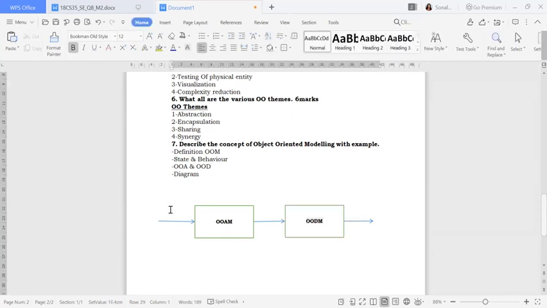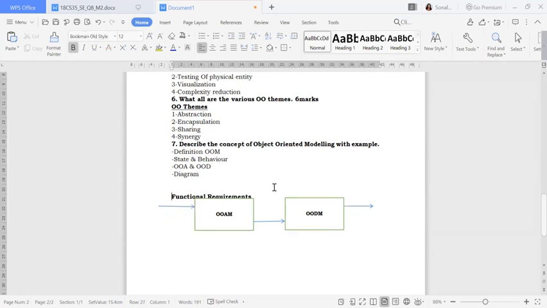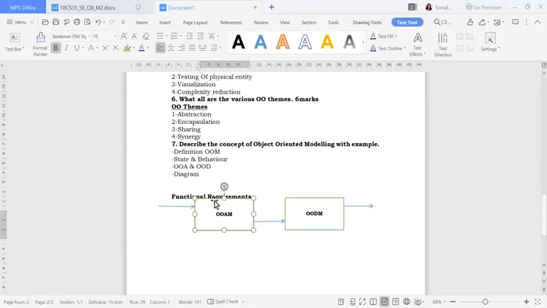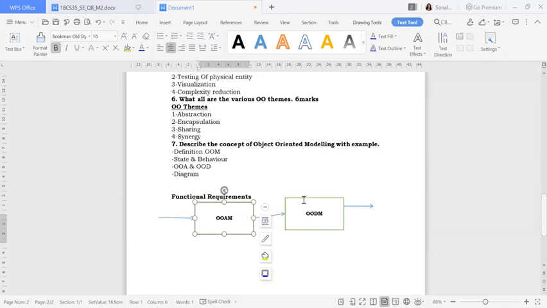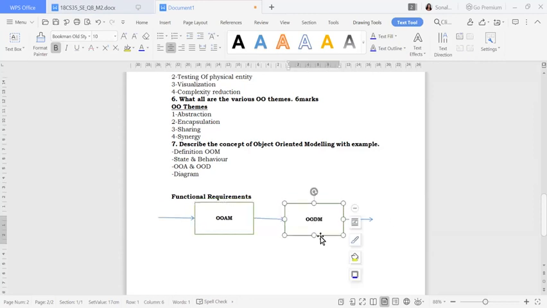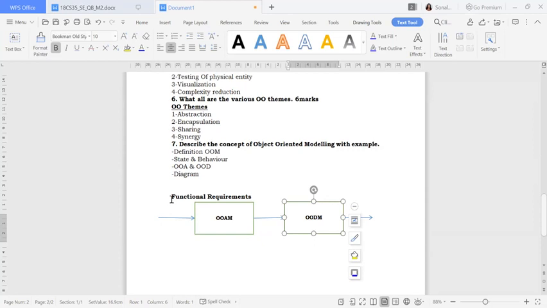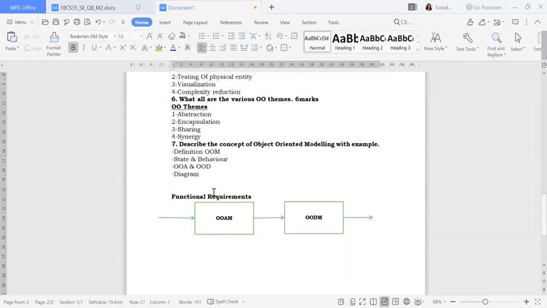Next one, what you are going to write here, functional requirements. Okay, so I'll write down here functional requirements. I know it has gone that side, no issues. Okay, I hope you people can see now. Fine. Functional requirements, if you want you can drive it a little up also. This side you are going to write about the functional requirements.